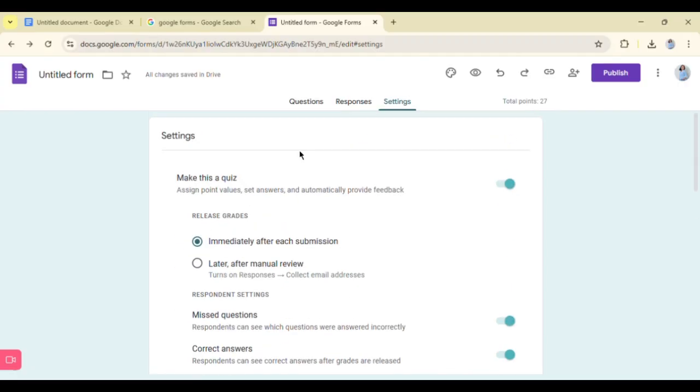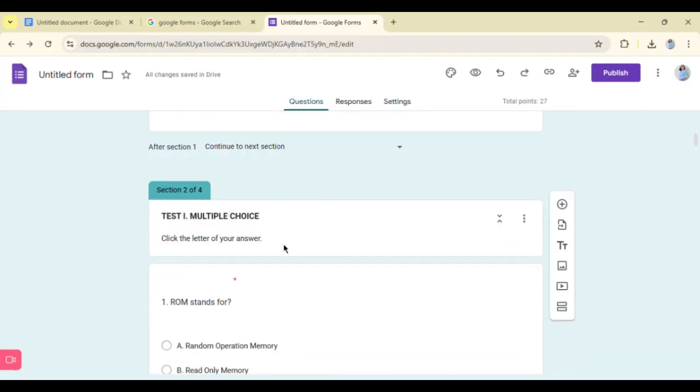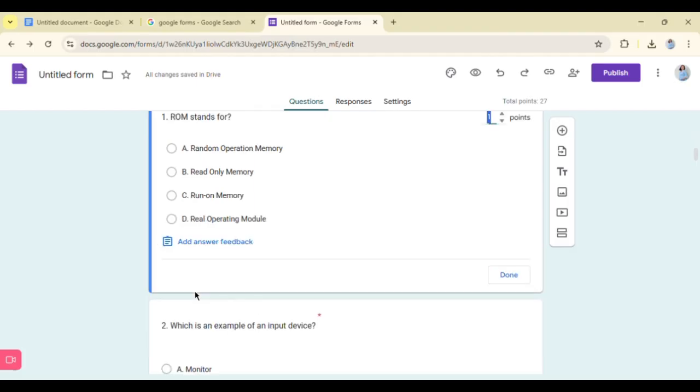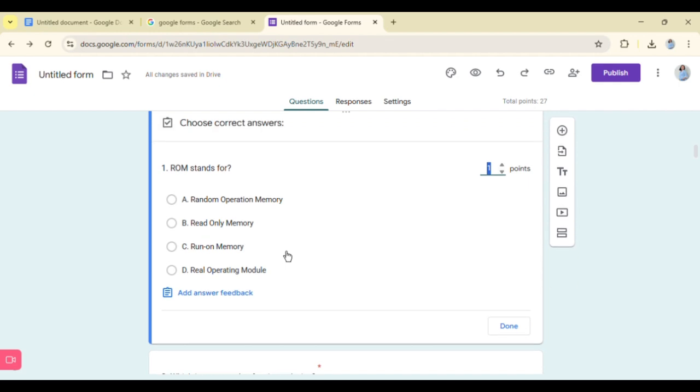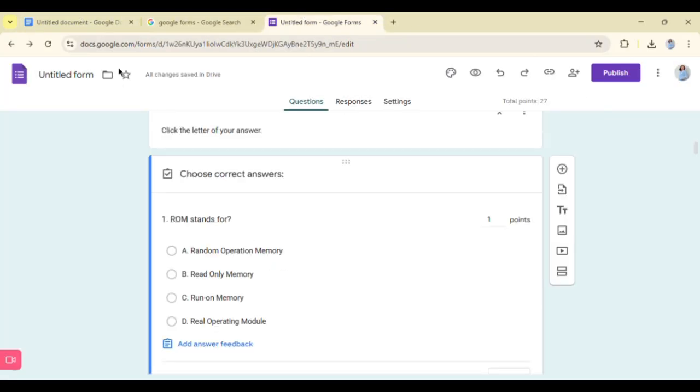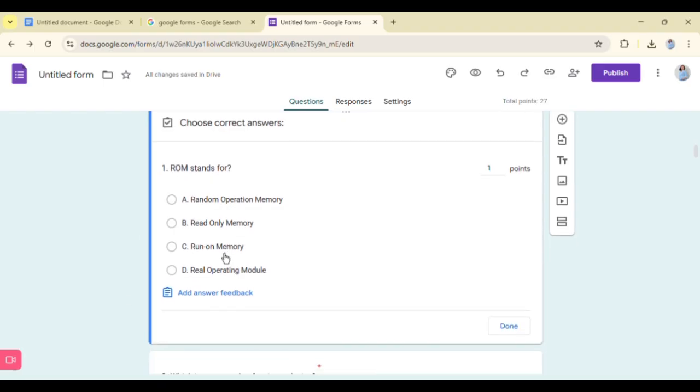And that's it. That is our Google form. As you can see here, there is an answer key. Oh wait, we need to put the answer key first. Alright, to put the correct answer for the answer key, all we have to do is click the letter.